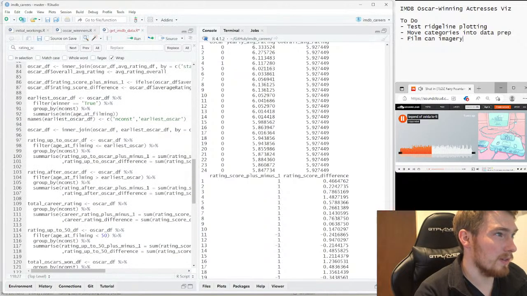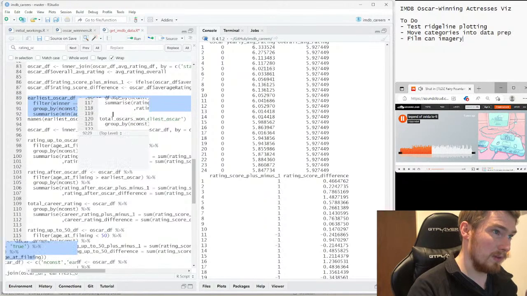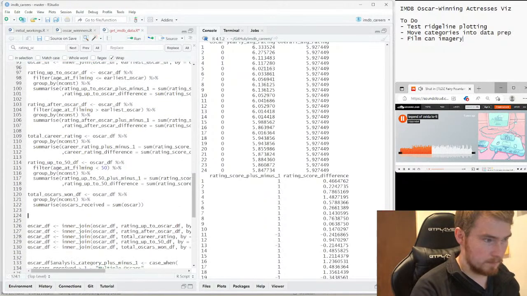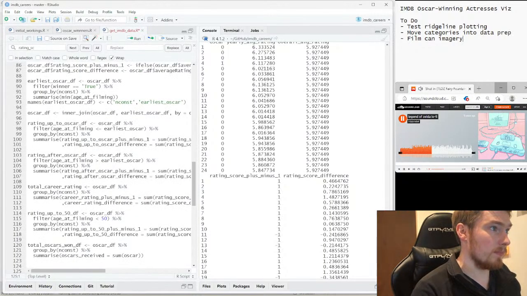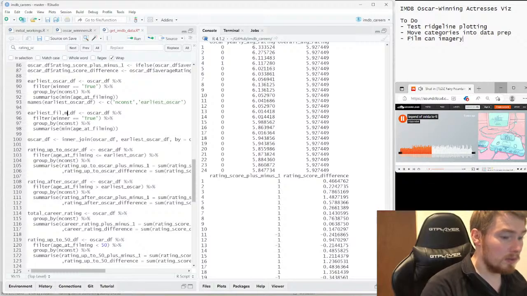So we had one for earliest Oscar here, so we can just do the same again, just make this for earliest film. And get rid of this.